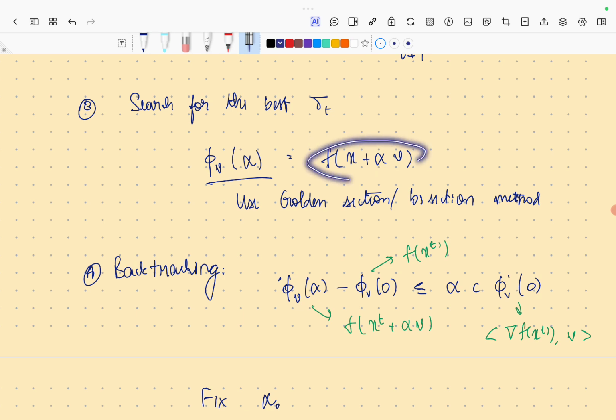So this is a composition of a function from R to Rn along with a function from Rn to R. So what does the chain rule tell you? It's equal to the derivative at this particular point, the gradient,